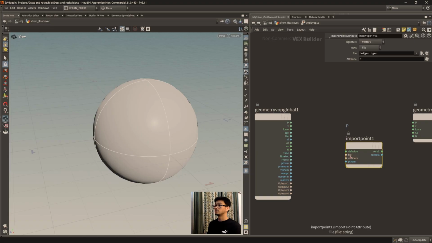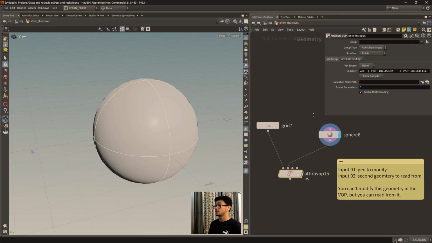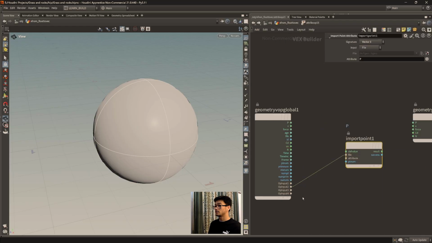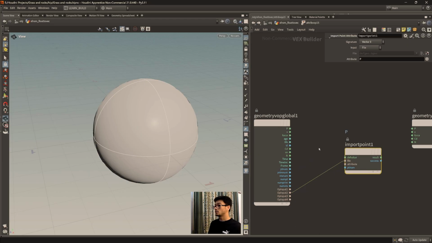We have file, we need file. File is the geometry we are reading from. So in this case, we are reading from input 2, connect this to file, and when you go here at the geometry level, you see sphere is in input 2, so we are reading from the input 2, right? Okay. Now what we need,